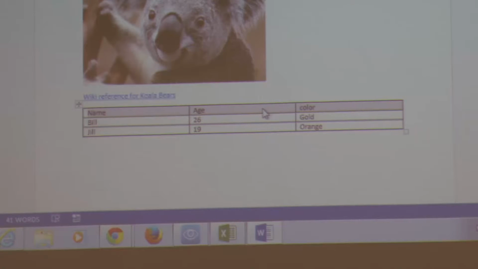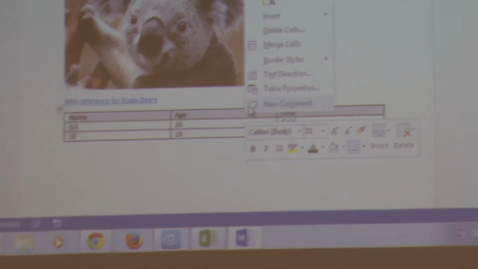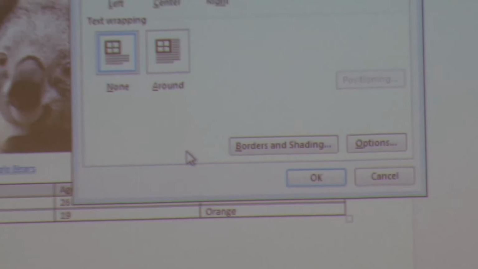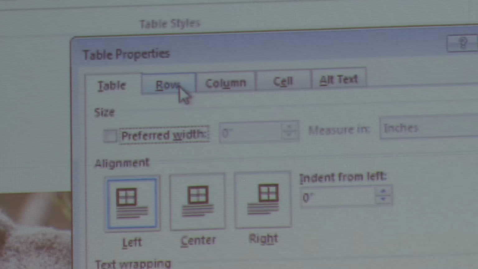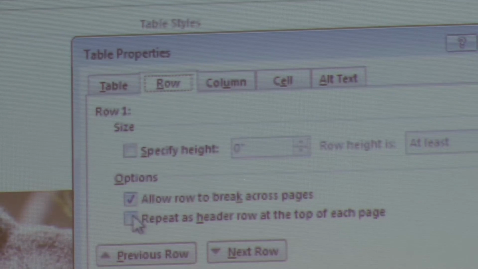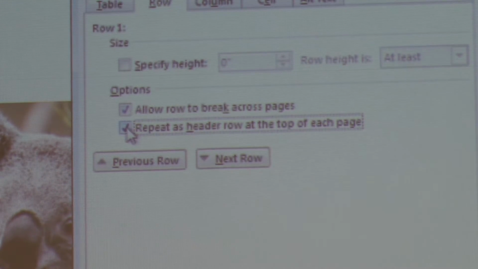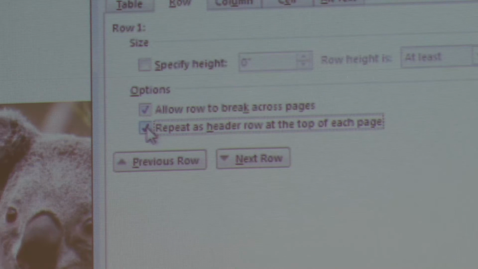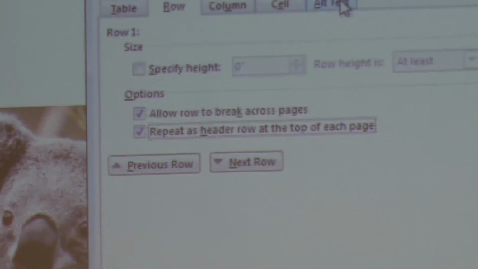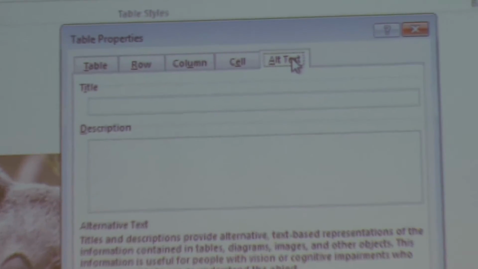So in my case, I'm going to do a right click, go to Table Properties, then go to Row. Everybody follow me? Got it? Then you want to select Repeat as Header Row. That's identifying that as those column headers. It's kind of confusing, but it's a row, but that is your row that is headers across all those columns. Then the next thing I want to do is go to Alt Text